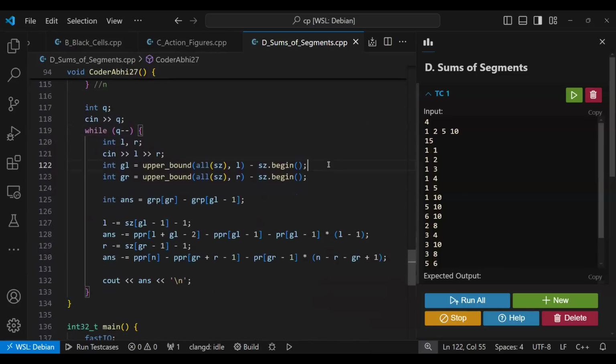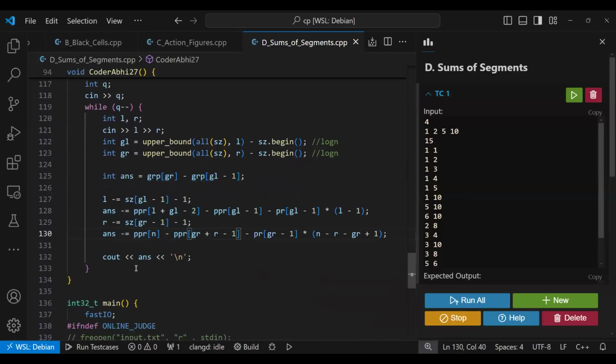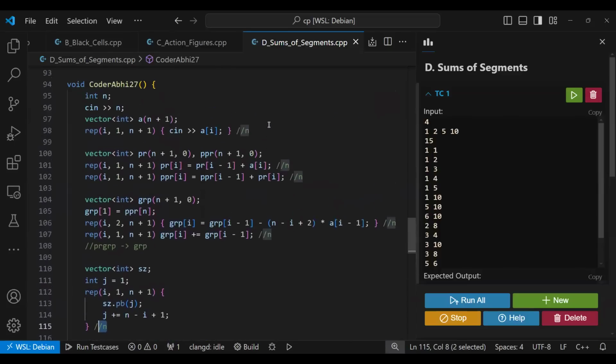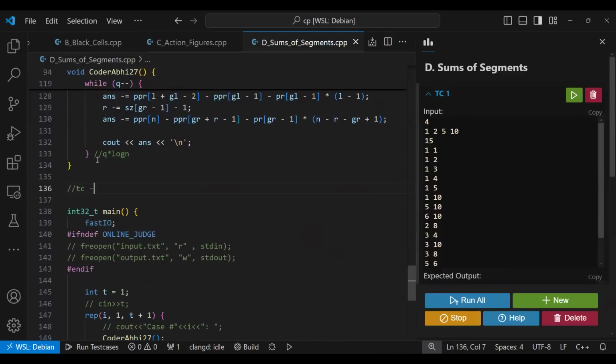For every query, this upper bound is taking log n time. This upper bound is also taking log n time. And these are some order of one operations. So overall, this is going in q into log n time. Inside we have a log n operation q times, plus n, 1, 2, 3, 4, 5, 6 times n. So overall the time complexity you can say is around 6n plus q into log n,